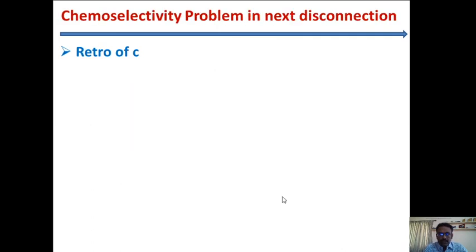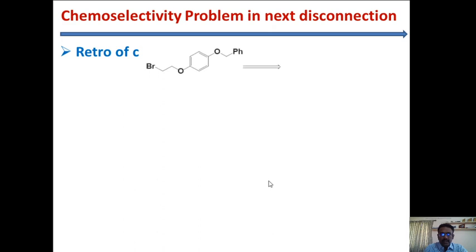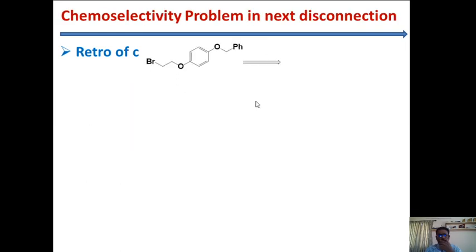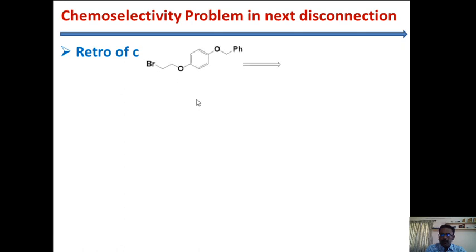Okay, we will analyze the bond path C. Since we have done only one bond breaking, of only a single bond, you are left with the remaining molecule, where again you have to do the retrosynthesis. Then only you will find out which one of these two pathways is the best. So now we will analyze path C, again continuing the retrosynthesis for the left out molecule. Forget about this chlorine, bromine problem. Here I have given only chlorine, and here I have taken bromine. So both are leaving groups.